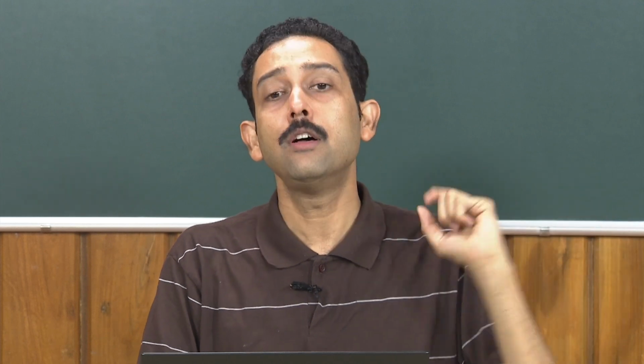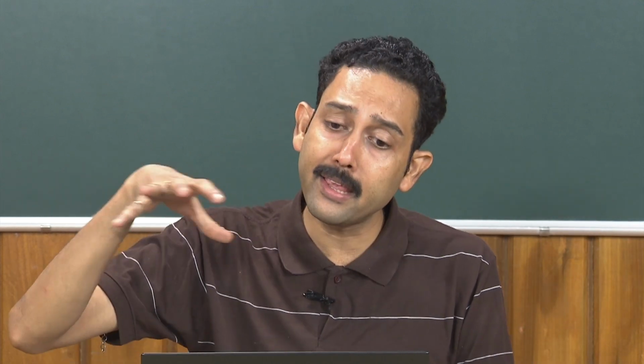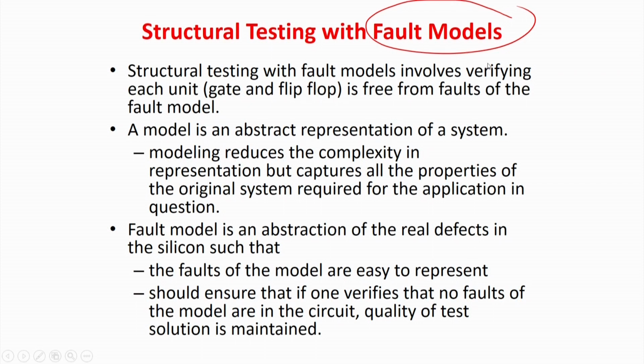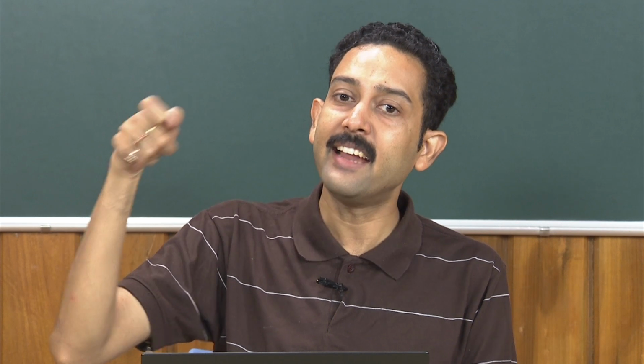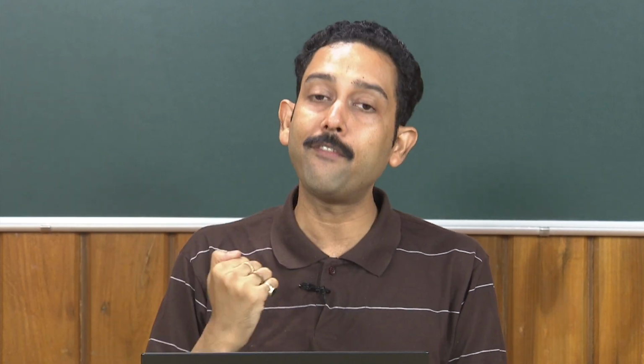So, can I have such what are called fault models? That is, some standard defects which chips are most likely to suffer from. So, they started thinking in directions like fault models. Structural testing with fault models involves verifying that each unit is free from the faults of the fault model. Now they will not test the functionality of the gates; rather, they know from statistics that these gates are most likely to suffer from these faults. So, our job will be just to find out whether the gates are free of those faults, without even going for a functional test. We will give more examples to elaborate on the concept.